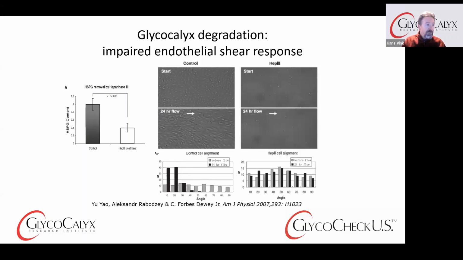Well, in contrast, if you take off glycocalyx, again using enzymes like heparinase, even after 24 hours of flow, they still are randomly oriented. They don't know anything is happening on their surface. There's no nitric oxide production. There's no signaling that tells the endothelial cells to behave differently. The same as the lack of collateral blood vessel formation, for instance. Another example showing